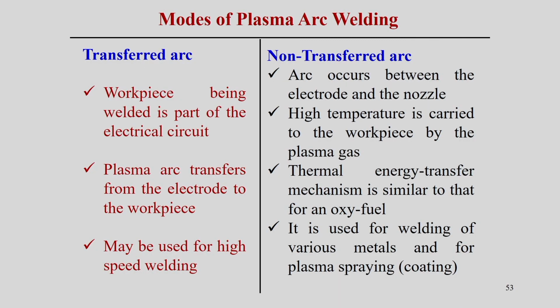For joining two components, we normally use the transferred arc mode. In the non-transferred arc, the high temperature is carried to the workpiece by the plasma gas. So, the thermal energy transfer mechanism is similar to an oxy-fuel weld. That means the arc is created between the electrode and the nozzle, and the generated heat can be transferred to the workpiece, as in the oxy-fuel gas welding process,